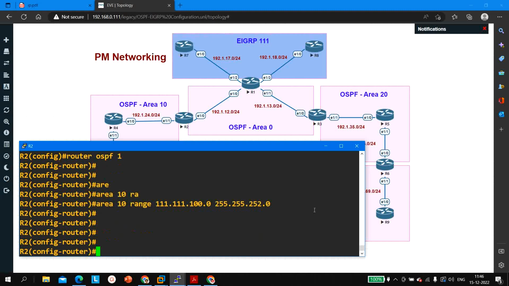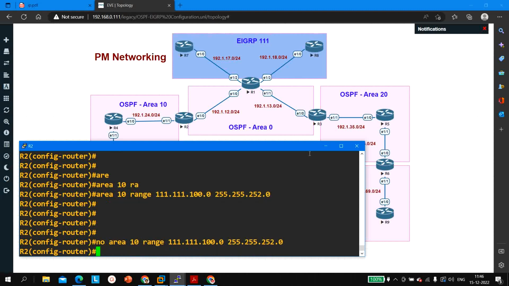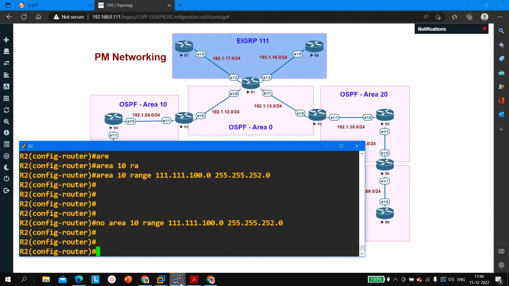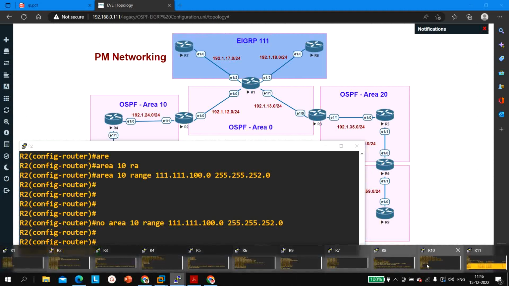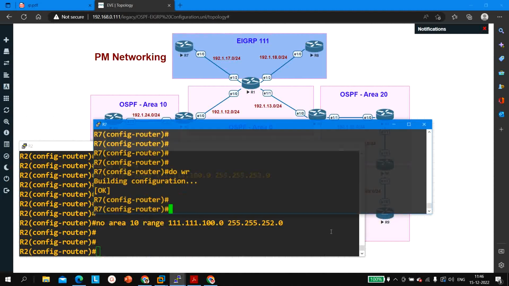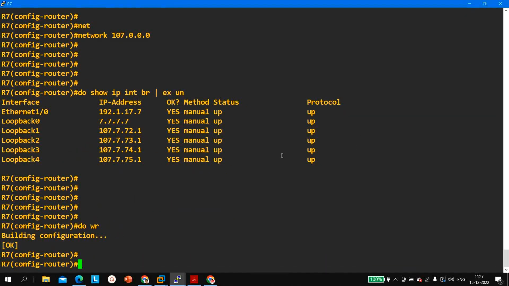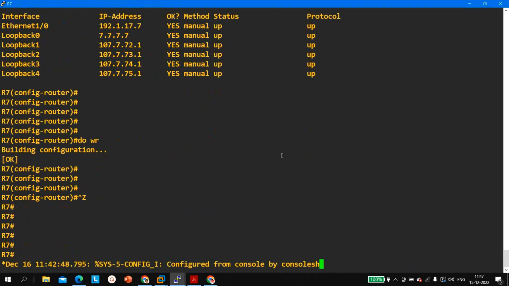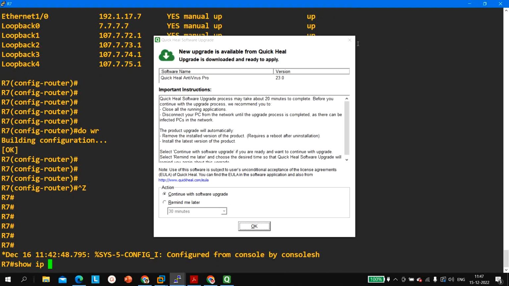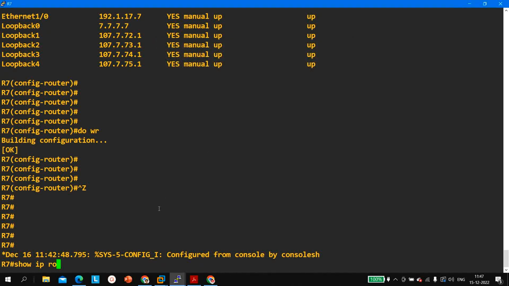Okay, now, first of all let me run no here. Okay, and if you will verify the routing table of router 7, so let me show you the routing table of router 7 here. So IP route,